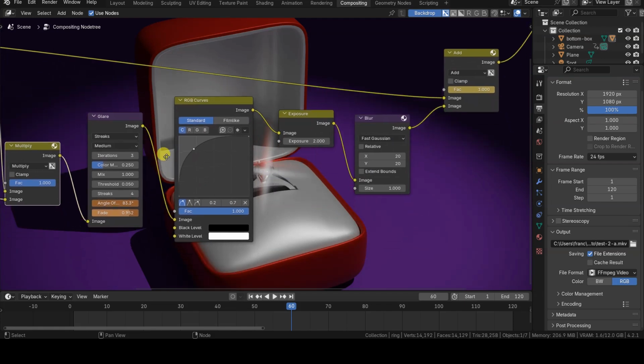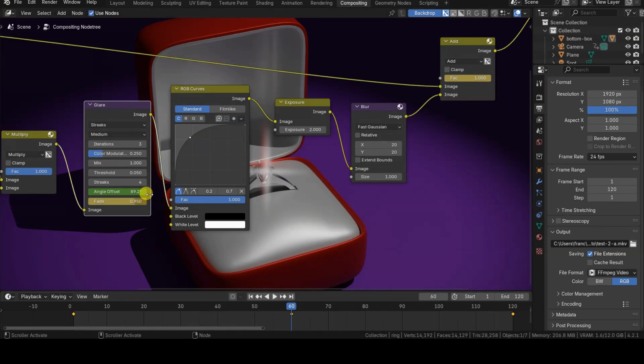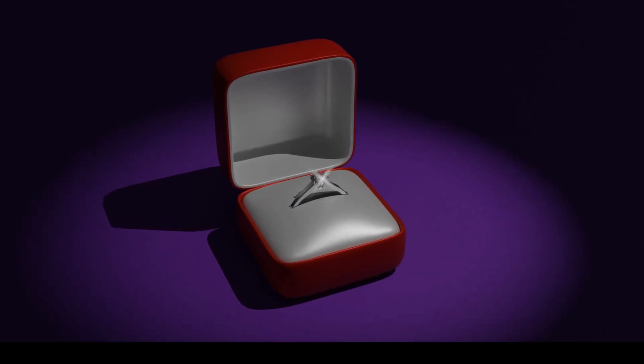In both solutions presented in this video, the three parameters animated with keyframes are angle offset, fade, and addition factor. Specifically, the fade and addition factor parameters increase from the first frame to the midpoint of the animation and then decrease toward the end. This makes the rays longer and the effect more pronounced at the animation's midpoint. The value of the angle offset parameter, however, rotates by 180 degrees over the course of the entire animation, so no keyframe is set at the midpoint. This part of the node setup is essentially identical for both solutions.